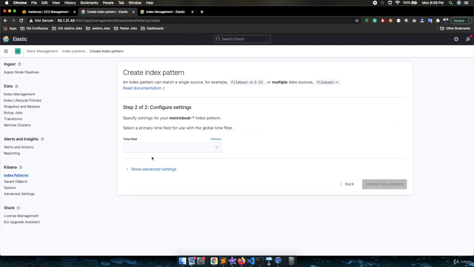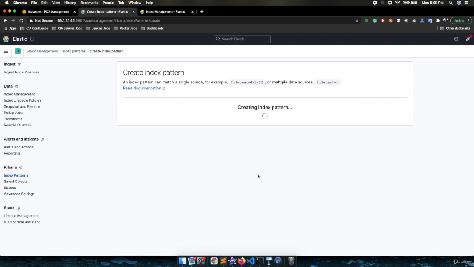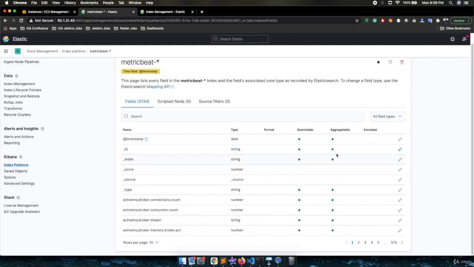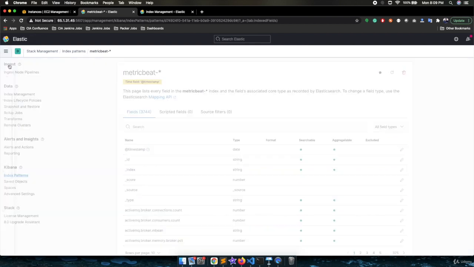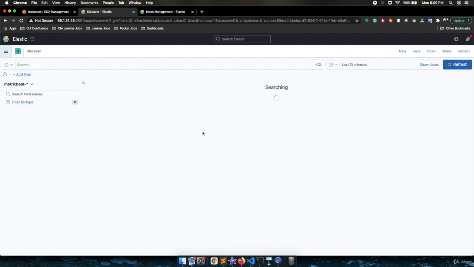Next step, time field. I am getting the timestamp, and I will click on create index pattern. That's it. Now I will go to Discover again. Let's wait. You can see Discover is applying the filter,